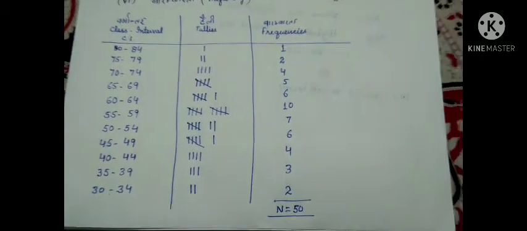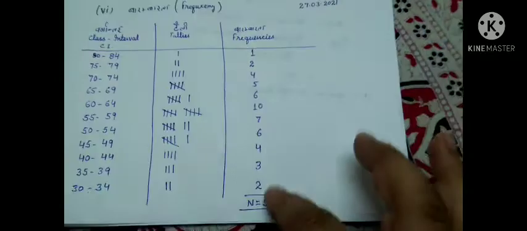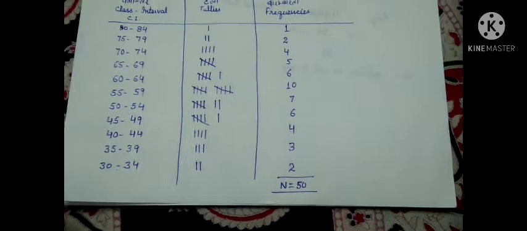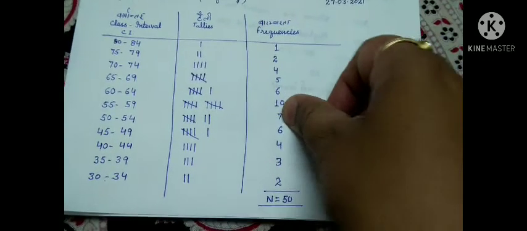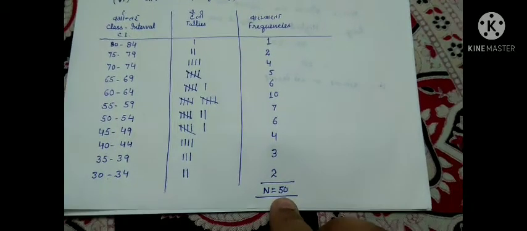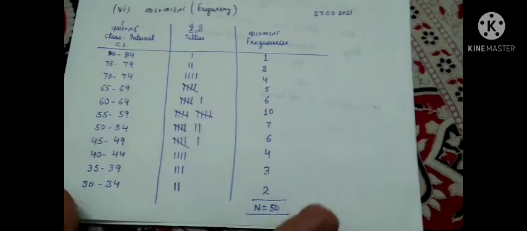जितने यहां पर टैली है वही यहां पर बारंबारता हो जाएगी। अगर हमको इसको चेक करना है कि मेरा ये क्वेश्चन सही है कि नहीं, तो अब इस वाले उदाहरण में मेरे पास 50 बच्चे थे, उसके हिसाब से जो मैंने टैलीज लगाए वो 50 आए। बारंबारता को अगर हम जोड़ते हैं और उसका टोटल योग 50 आता है, इसका मतलब जो अनग्रुप्ड डेटा था उसमें से कोई भी बच्चा छूटा नहीं है। तो इसको जोड़ते हैं तो 2 1 3, 4 7 5 12, 6 18, 10 28, 7 35, 35 6 41, 4 45 और 5 50। इस तरह से ये मेरा जो उदाहरण था उसमें फ्रीक्वेंसी मैच कर रहा है। यही हमारे टोटल बच्चे थे, तो इसका मतलब ये जो टेबल बना है वो सही है।